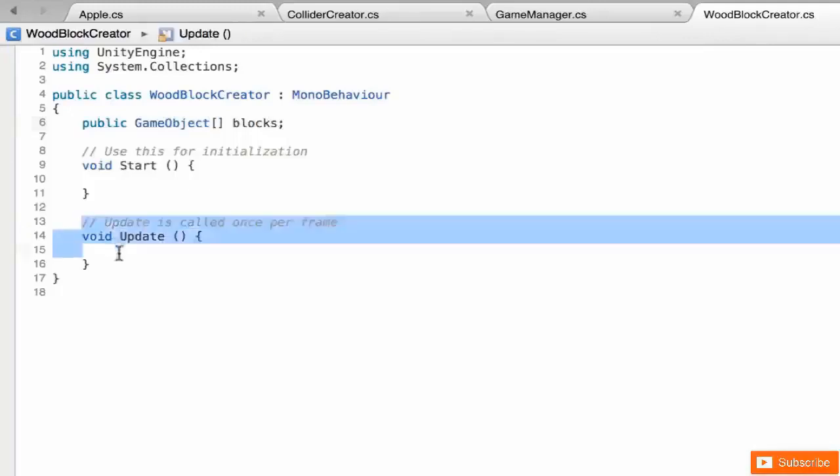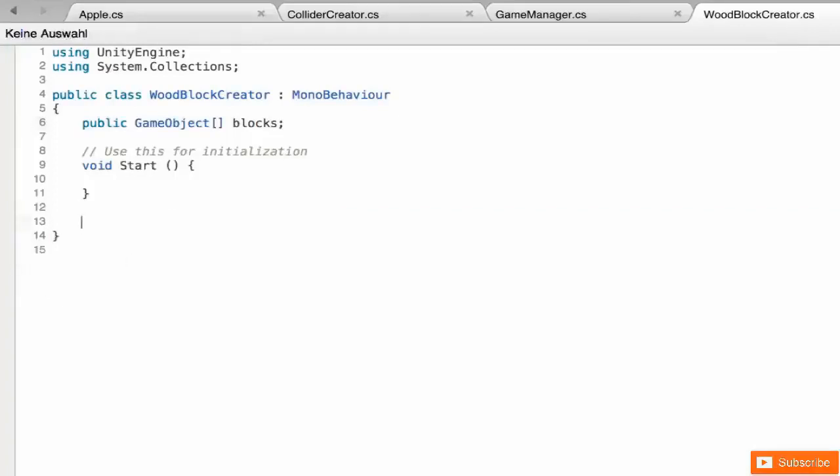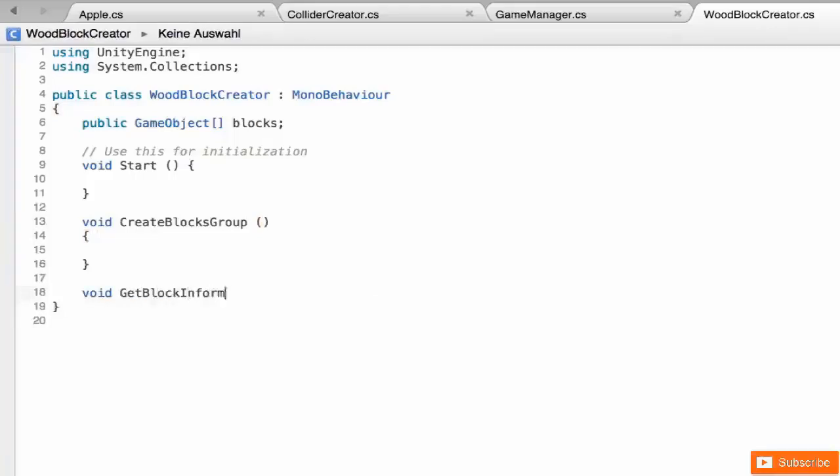I'm also going to get rid of the update function. I'm not going to be using it. What I want is a function that gives me a lot of information with regards to the system that I'll be building. So I'll have two functions here. I'm going to have a function that's called create blocks group. This won't take any parameters. And I'm also going to have a function that's called get block information,